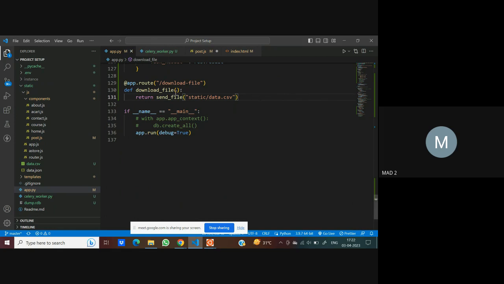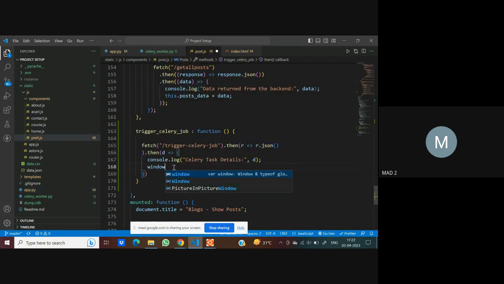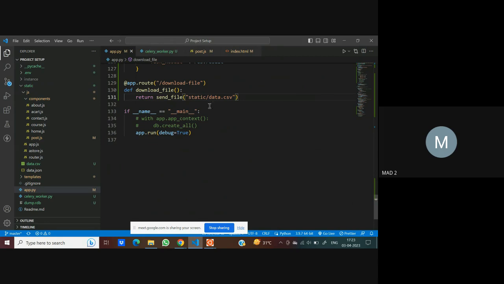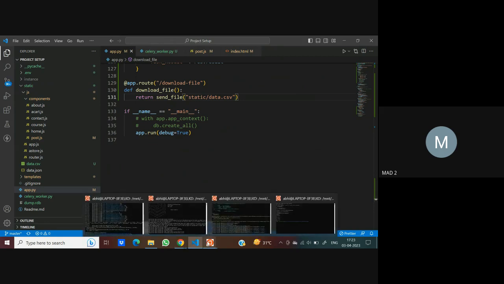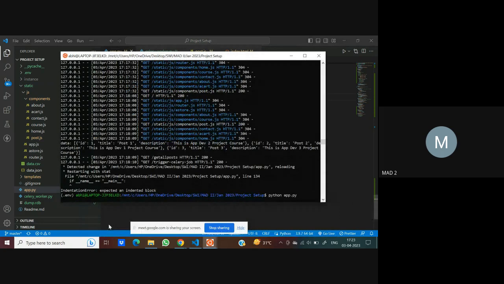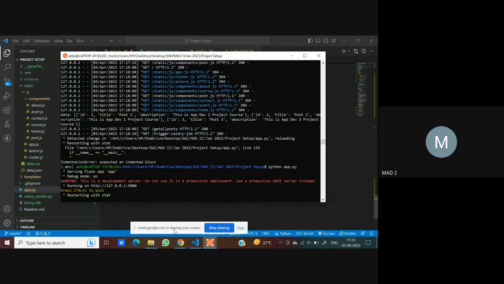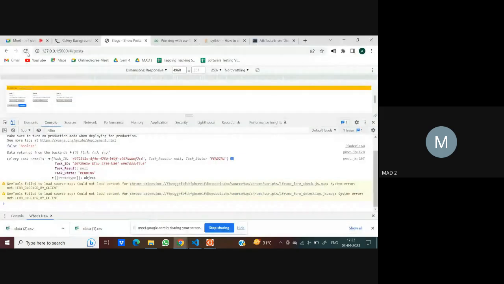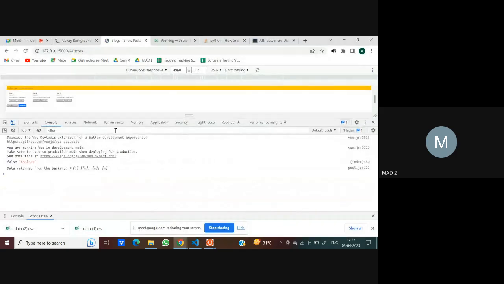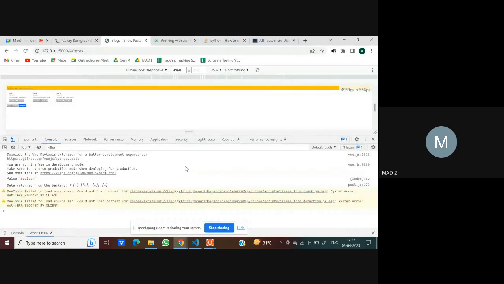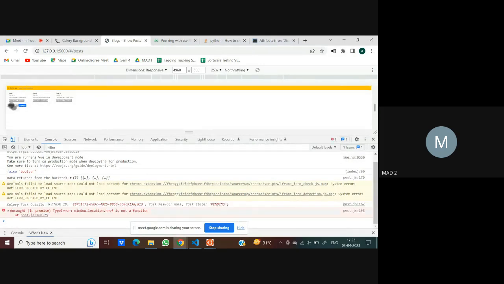Yeah. So I have created this endpoint here, and what I'm doing is I'm simply sending this file. So if I go to post.js, here I could also say window.location.href, and this time I'm going to send a request to the download file endpoint, which I have implemented in the backend, that is here. It is up, and I'll refresh this. It is reloaded as well. I'll close this download thing, and the moment I click on this,